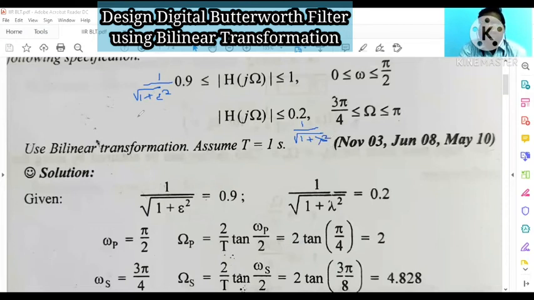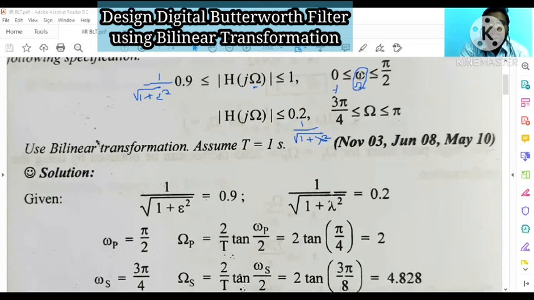This is pass band ripple. This is stop band ripple. This is pass band ripple. So here for analog frequency, capital omega is given, meaning the condition is also represented in terms of capital omega only. But here the small omegas are given. So you just look at this variation.